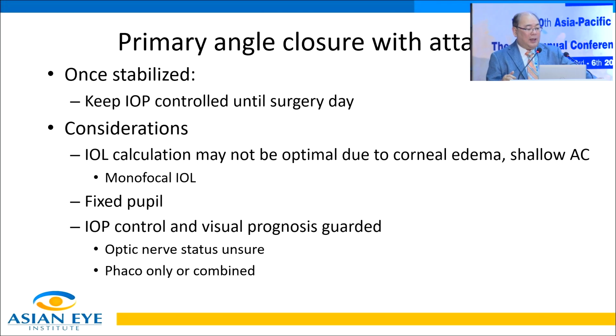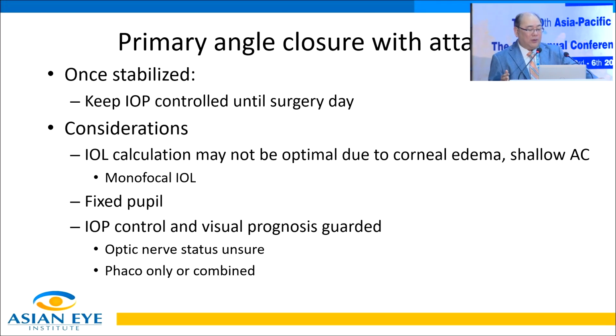Now, what are your considerations going to surgery? Number one is your IOL calculation. You have an edematous cornea and a shallow chamber, so you're not sure about your biometry and you're not sure about your optic nerve status. So if there's an attack, I usually will tell them, let's just stay with a monofocal IOL